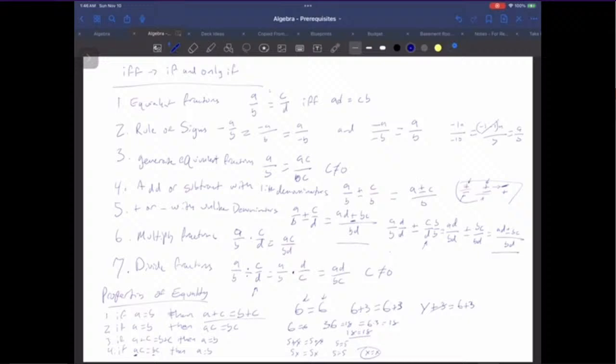Then I can cancel out the 3 from both sides based on property number 3 here, and I get y equals 6. And that lets me solve the equation because I've already been told that these two things are equal, y plus 3 and 6 plus 3. So that lets me solve for y by itself. Again, we'll go way deeper into that as we get into algebraic problems, but that is where